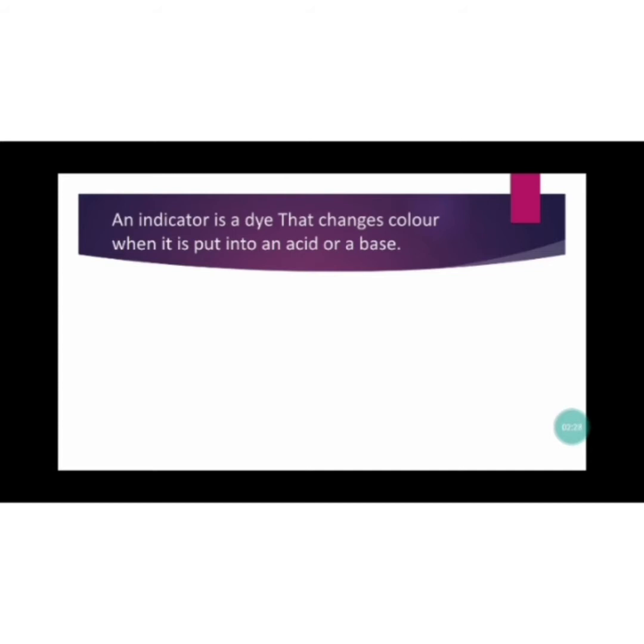So, if we consider that all the substances are divided into three main types: acids, bases and salts, then we can find out whether a substance is acid, base or salt by testing them with the help of indicators. So indicators tell us whether a given unknown substance is acid or base or a salt.